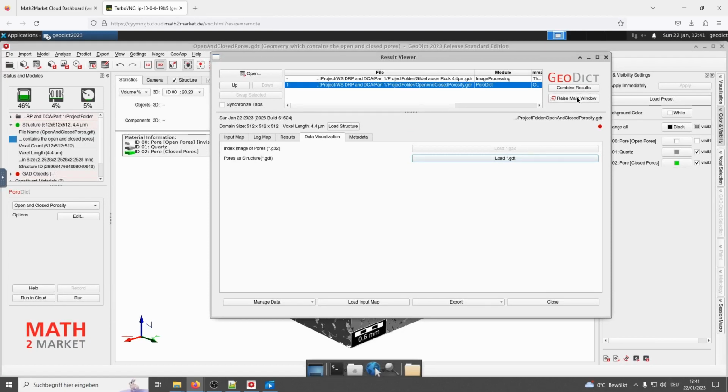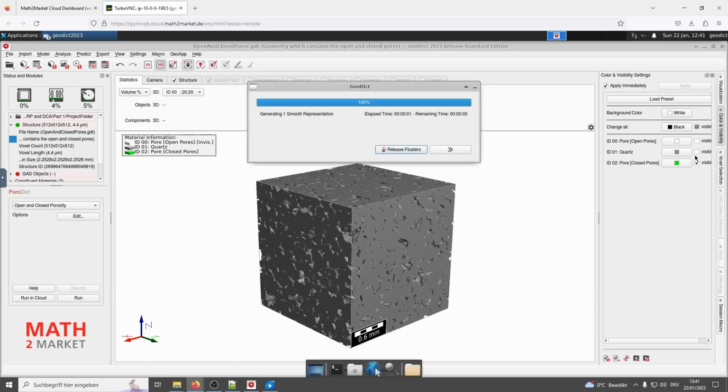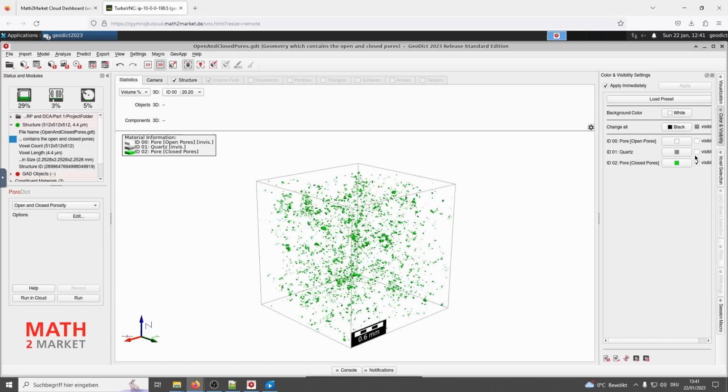Let us raise the main window of GeoDict and the information about materials. We see a new material, number 2, called pore closed pores. Let us uncheck quartz visible and now we have an overview of the closed porosity.